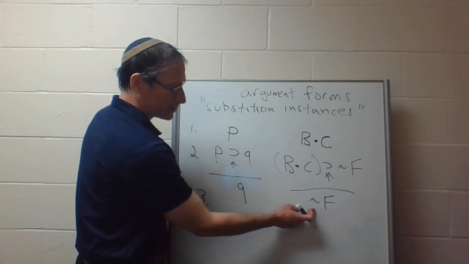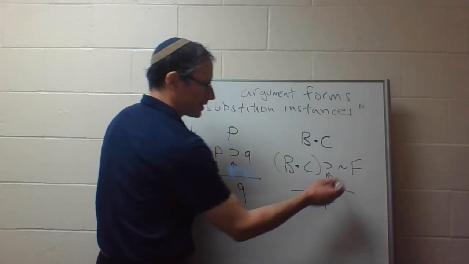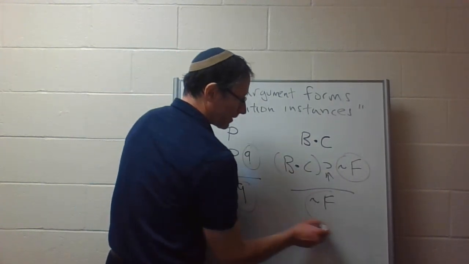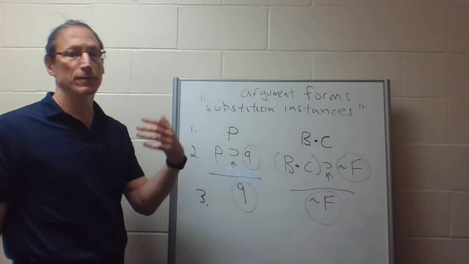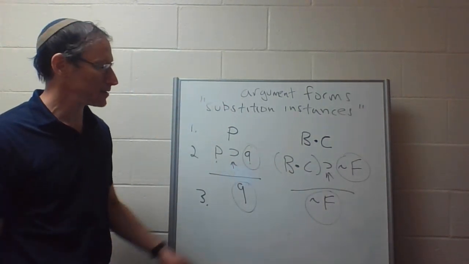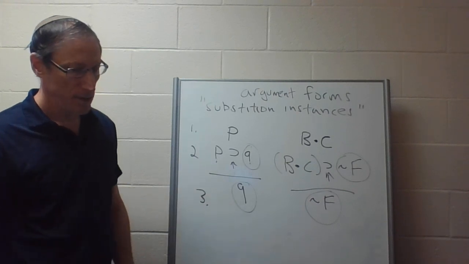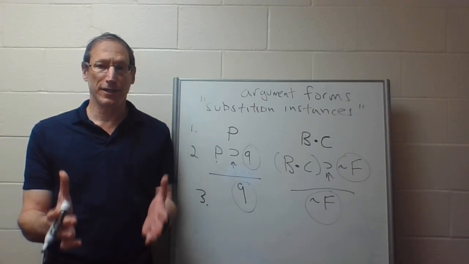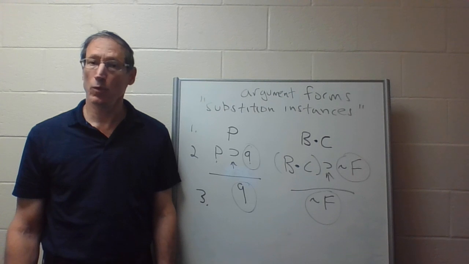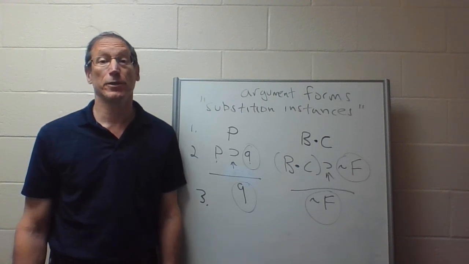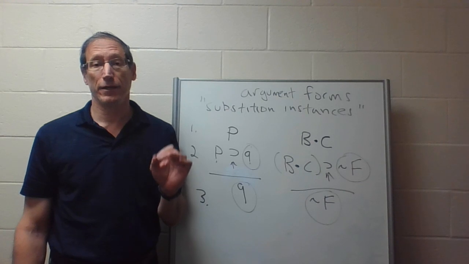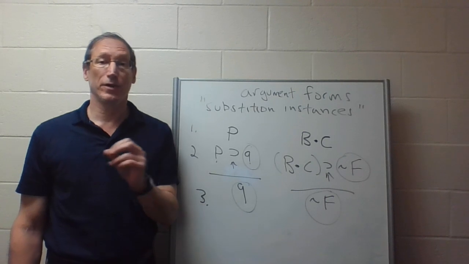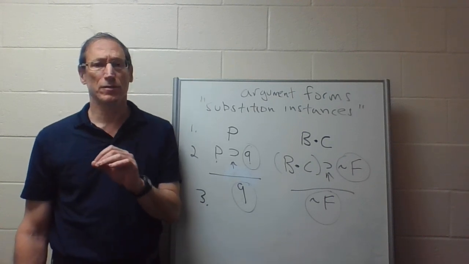The fact that there's a tilde here doesn't ruin it, because this whole thing is getting substituted for Q. So we have here a correct, valid substitution instance of this argument form. And one of the things you have to be able to do, actually that's what exercise Roman numeral 1 at the end of 6.6 is really all about, is looking at arguments and trying to tell whether they are correct or incorrect substitutions